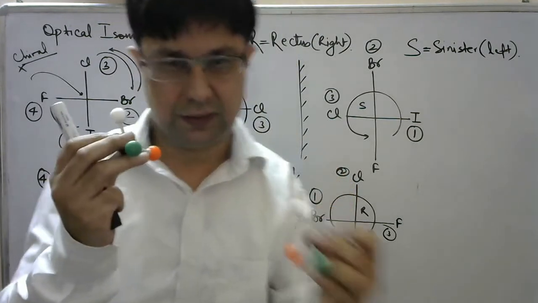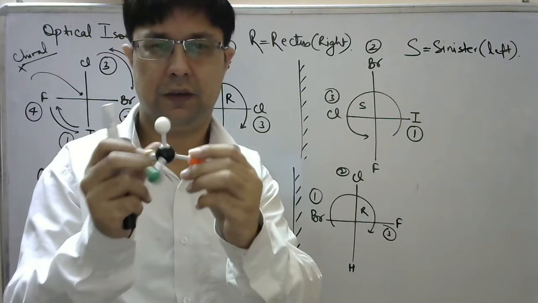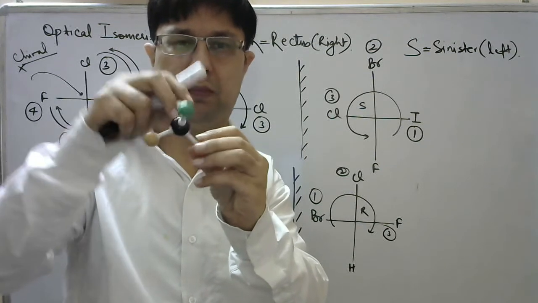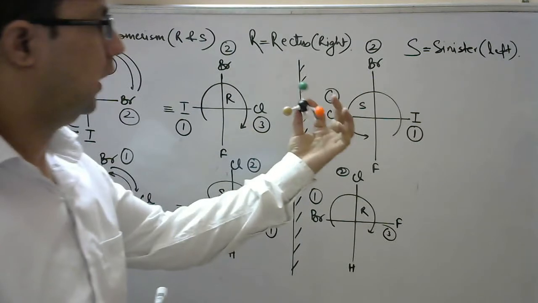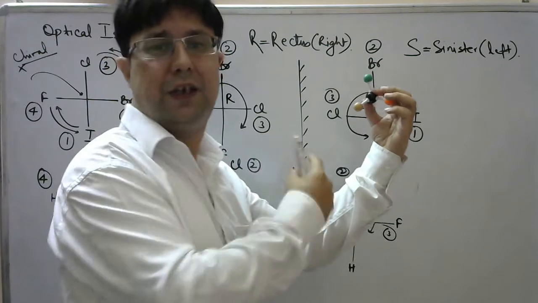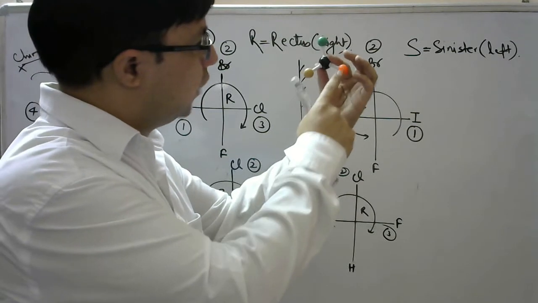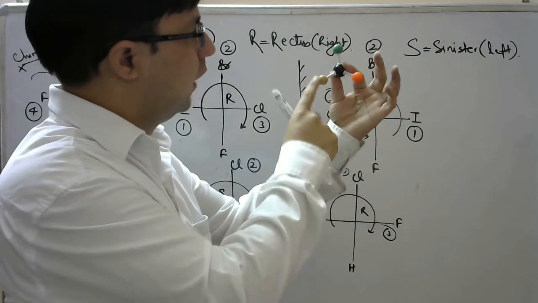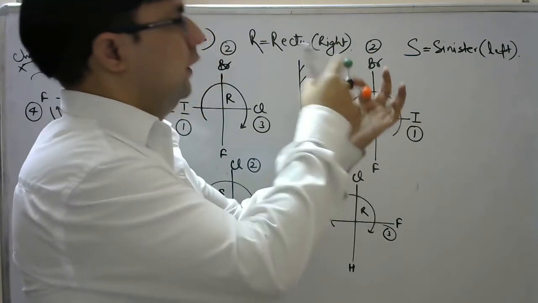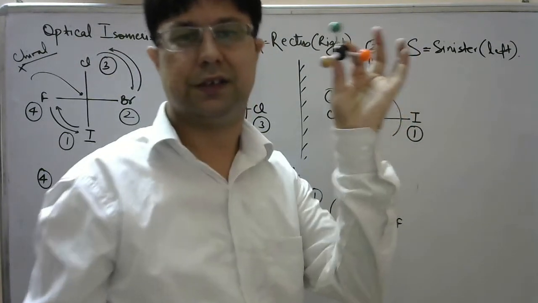If I consider this and analyze the configuration of this molecule, again the four groups are the same, and that is definitely the mirror image of that compound. Hydrogen atom is the least priority group. I'll keep it away from us, I'm keeping it like this. Keeping away from us means bringing it to the bottommost position of the Fischer projection. If I check my eyes moving direction, it is bromine, iodine, and chlorine, so the sequence is iodine, bromine, and chlorine. With this sequence, it is assigned S configuration.